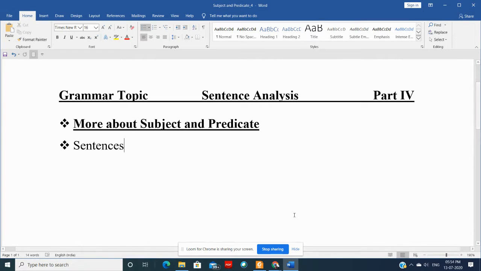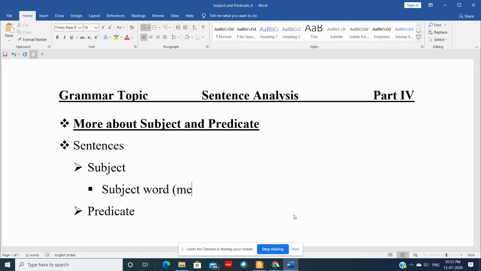Hello everyone. So let's continue our discussion of sentence analysis. Till now we have already talked about what a sentence is and what kinds of sentences there are. Then in a sentence, which two main parts are there? As we know, in a sentence we basically have subject and predicate. In the subject also we saw that there is